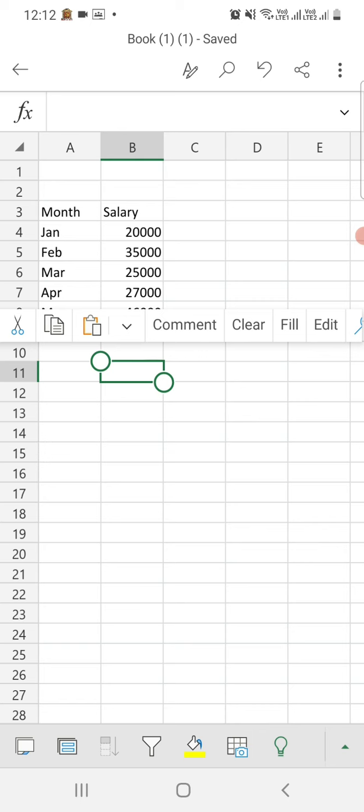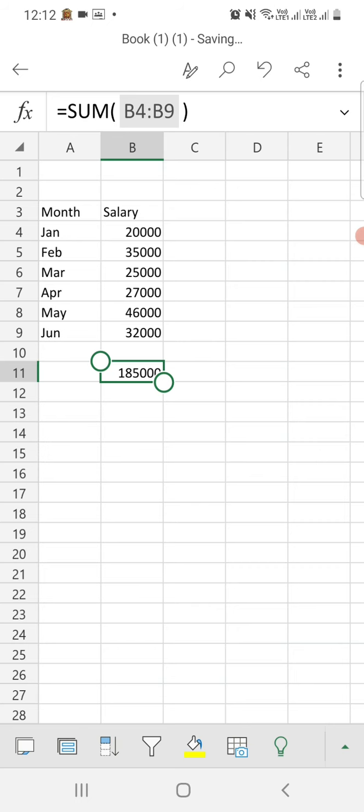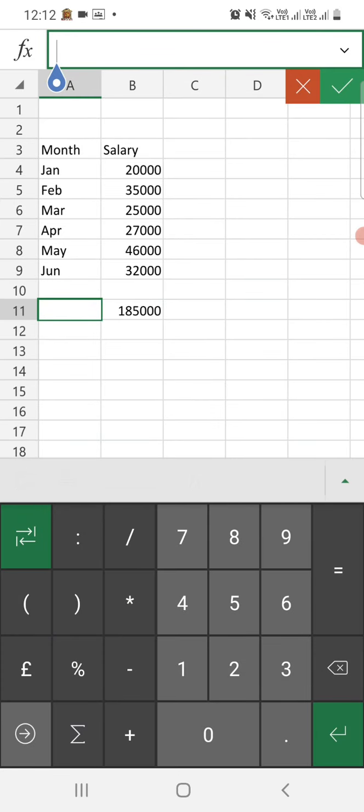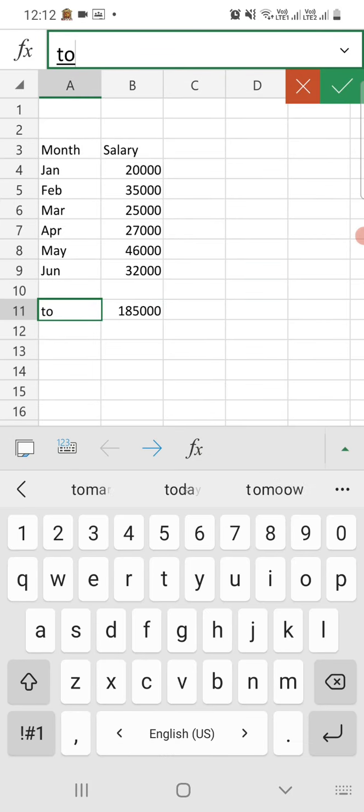Okay, so just click on that formula. You will get the options: cut, copy, paste. Just select the paste option, or you can also type Ctrl V from your keyboard. Okay, so you will get the data. That is our data that we have calculated by using cell reference from another sheet.